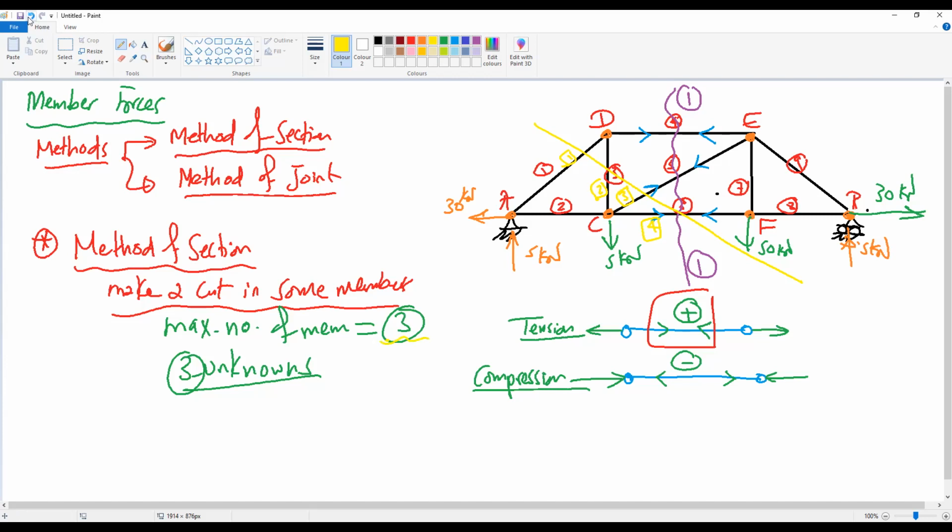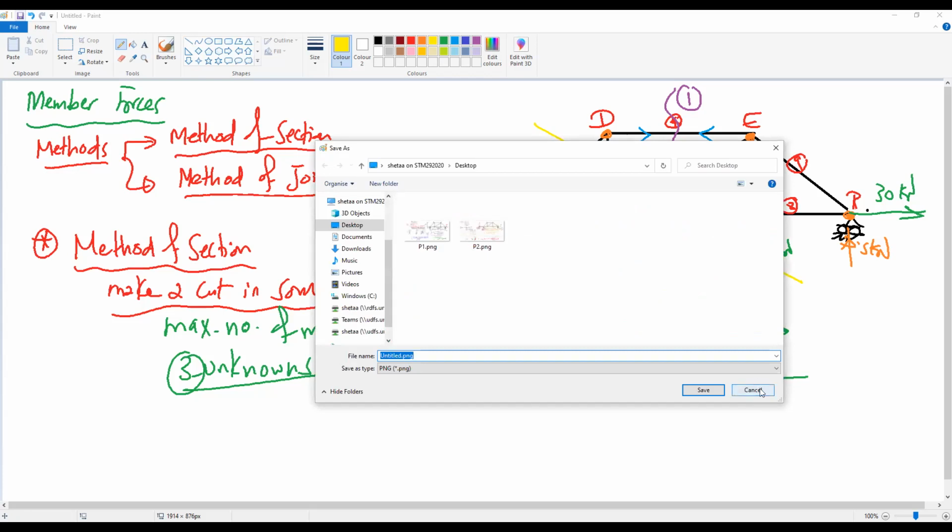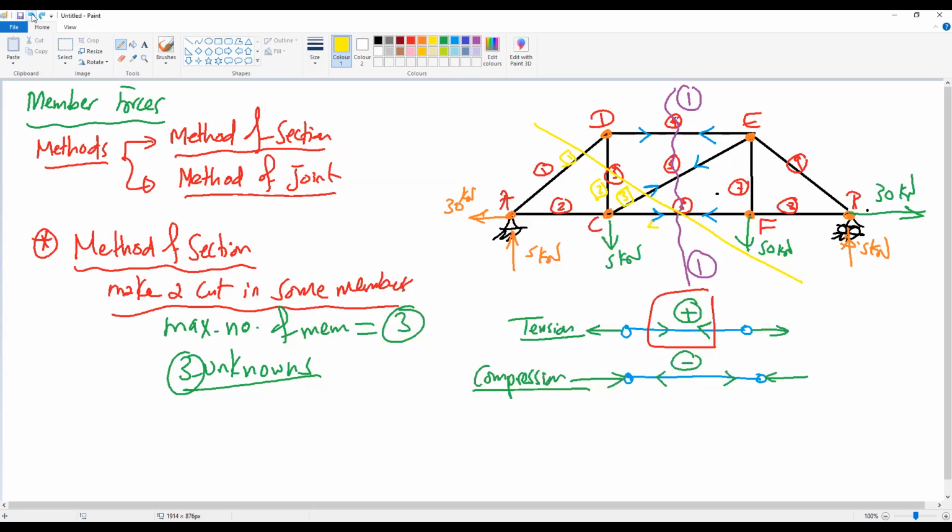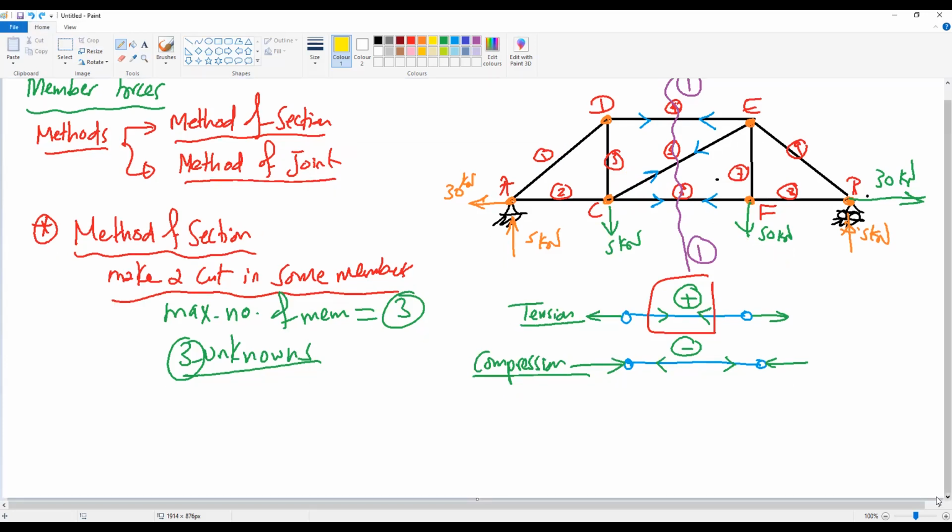Okay, so I will remove this yellow cut, and I will keep the purple cut. Okay, when you cut like that, you need to study the stability of each part itself. Okay, so when we cut, we have